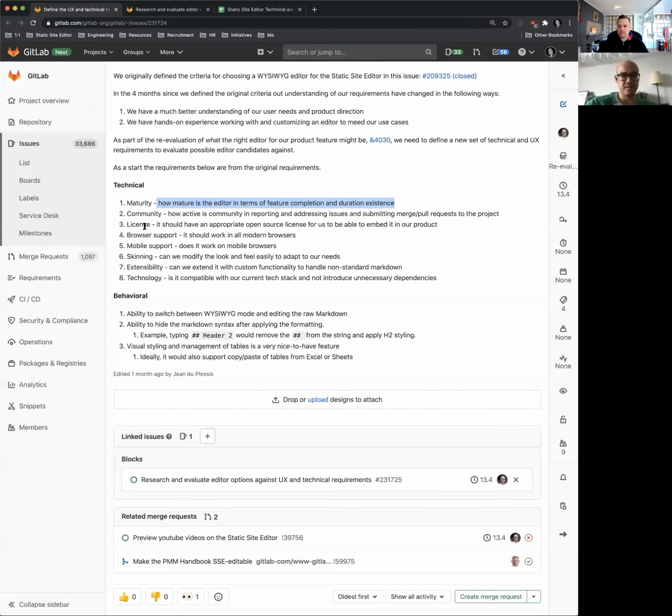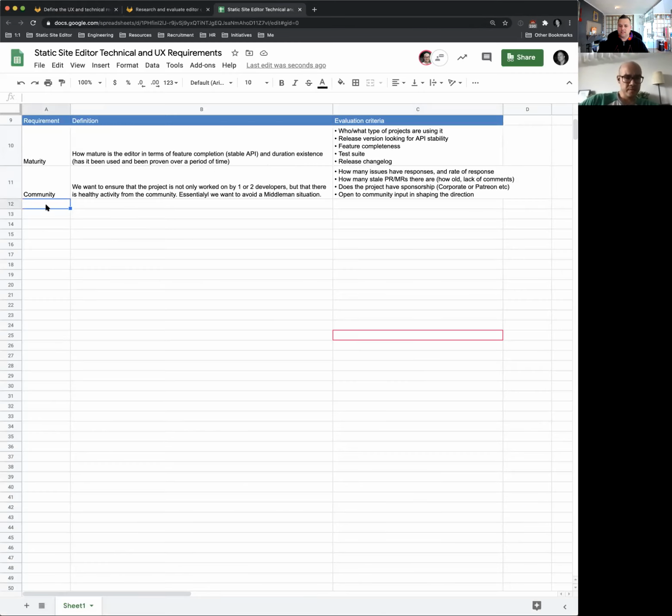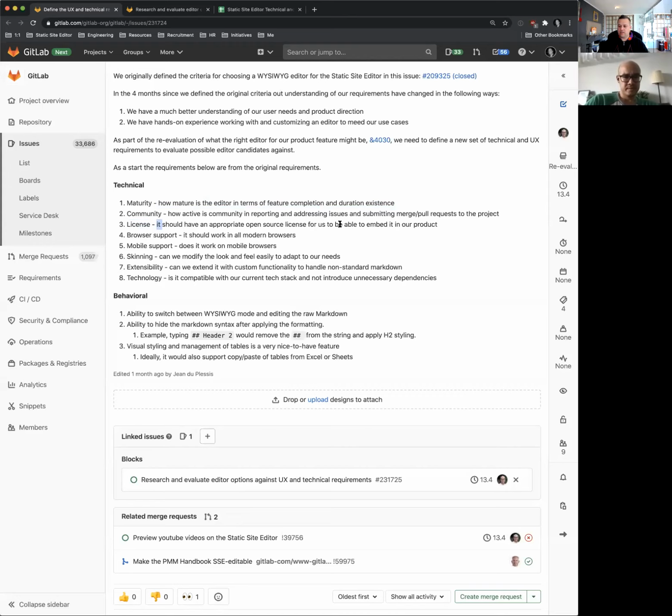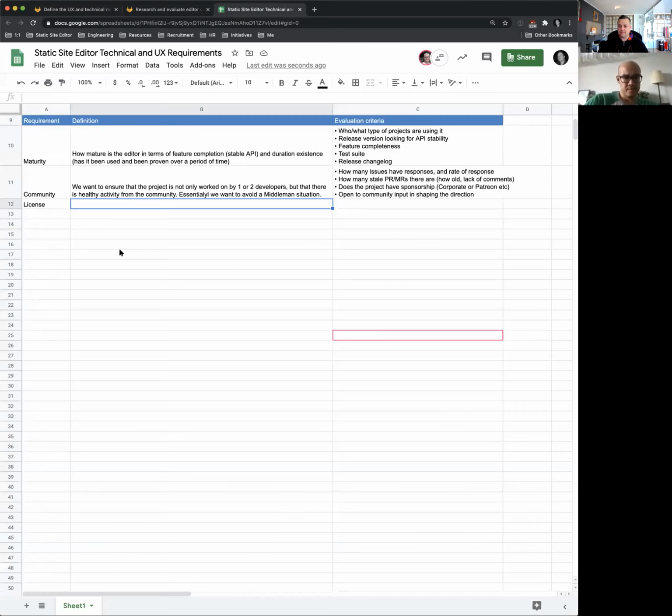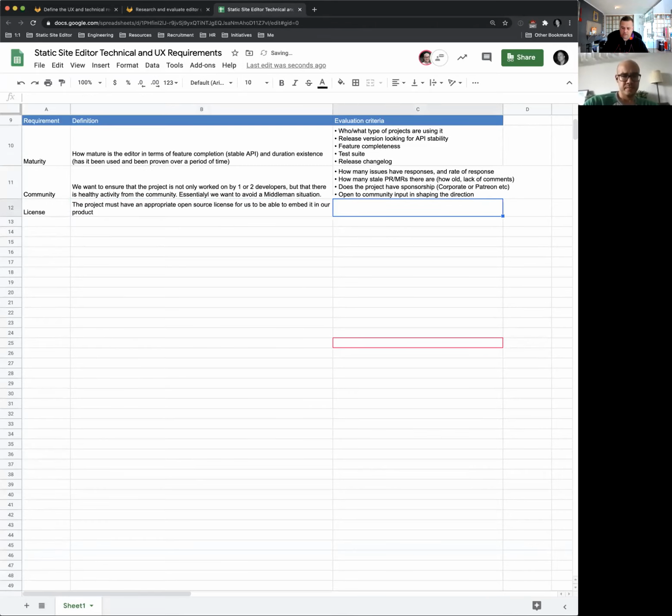All right, let's not dwell too much on community further. We can always expand. So license is definitely important. This is more of a hygiene thing that we just have to comply with. The project must have an appropriate open source license for us to be able to embed it in our product. Evaluation criteria is check license,